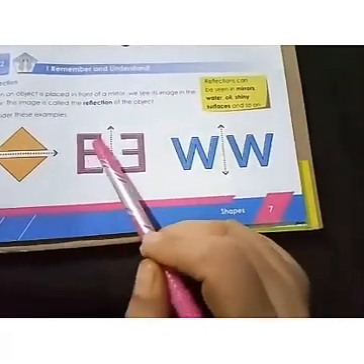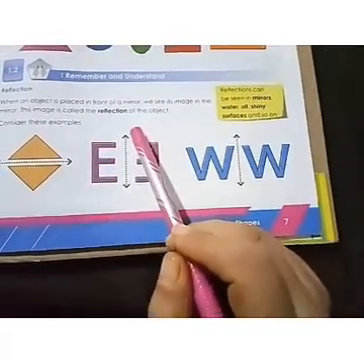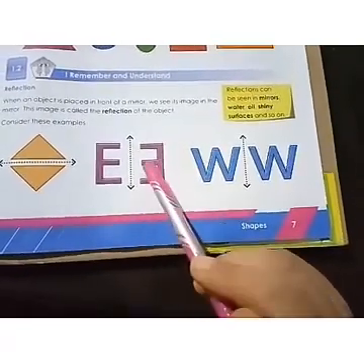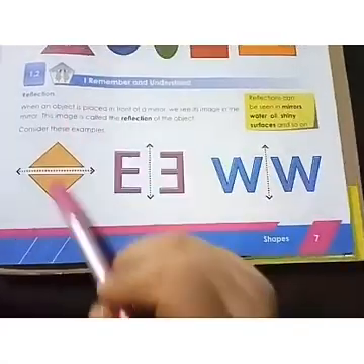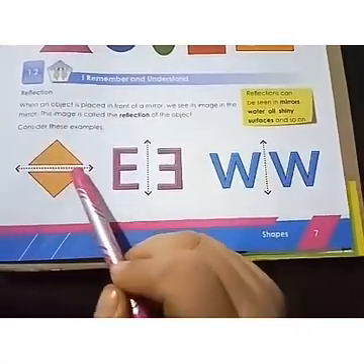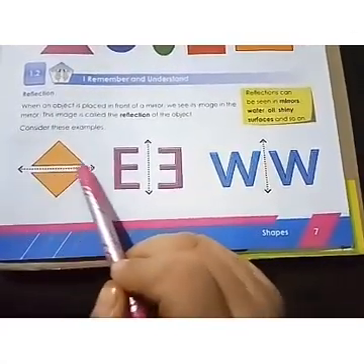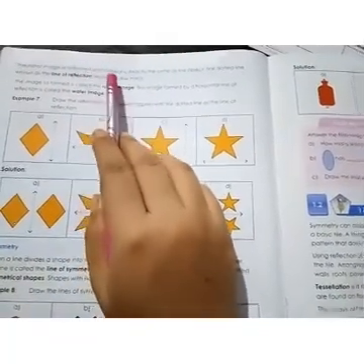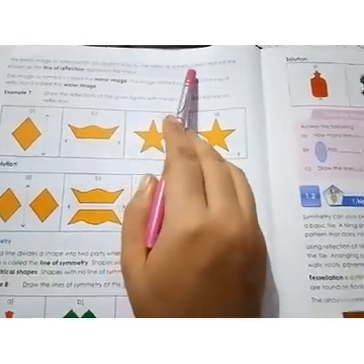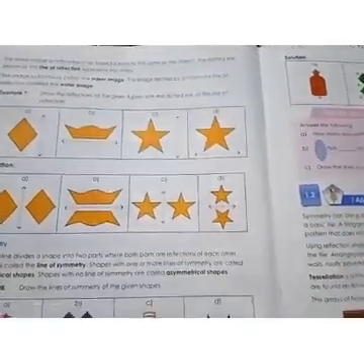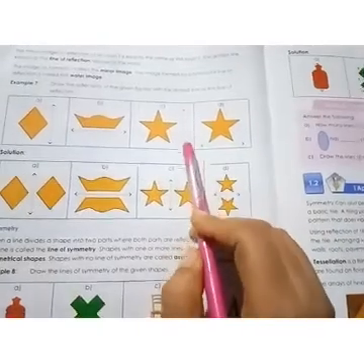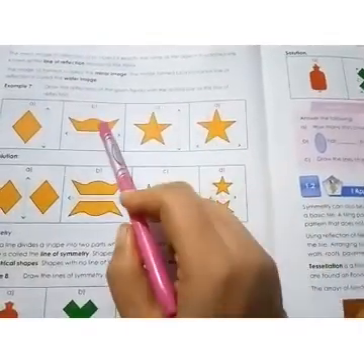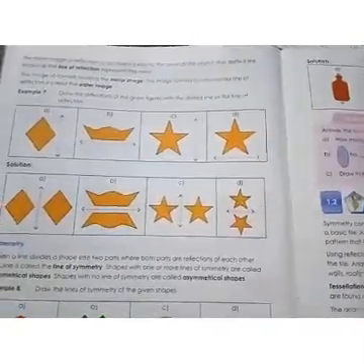Okay, so when we place an object in front of a mirror, it will be formed in this way on the mirror. Similarly, a triangle placed in front of a mirror will be formed in this way. The mirror image or reflection of an object is exactly the same as the object. The dotted line is known as the line of reflection. So this dotted line is known as the line of reflection, and on the other part of the line we get exactly the same object.